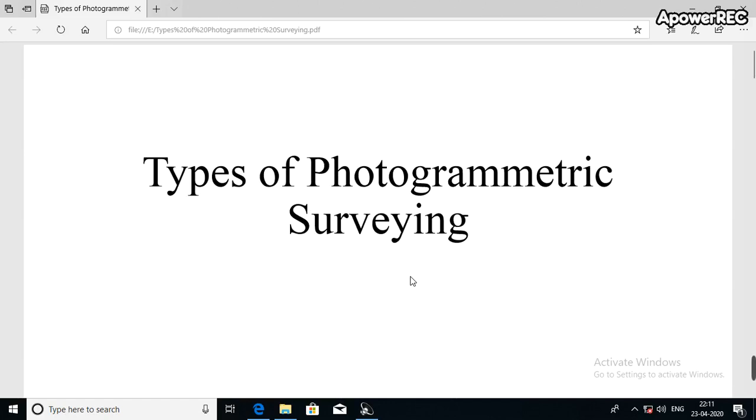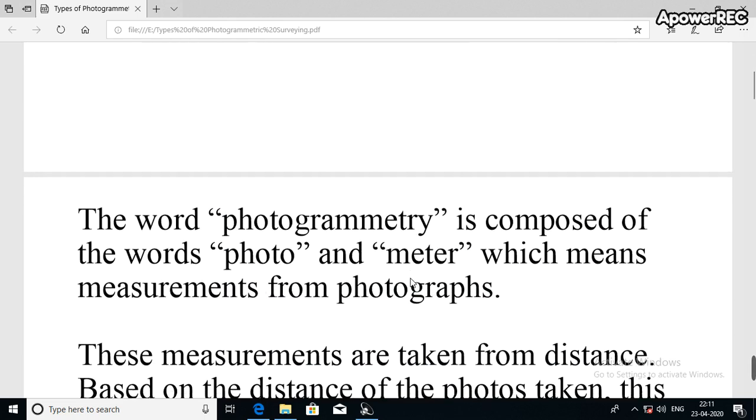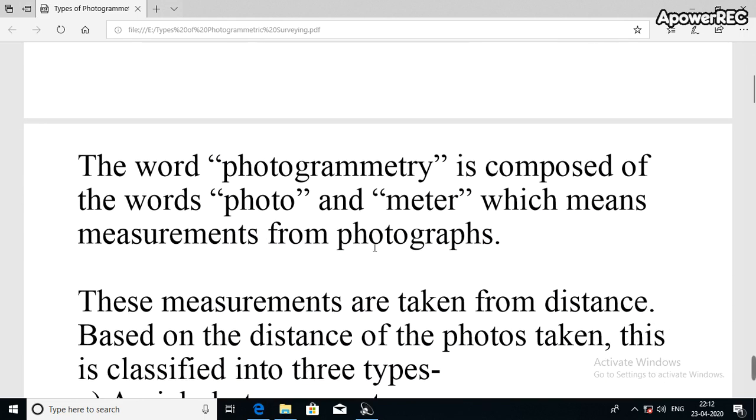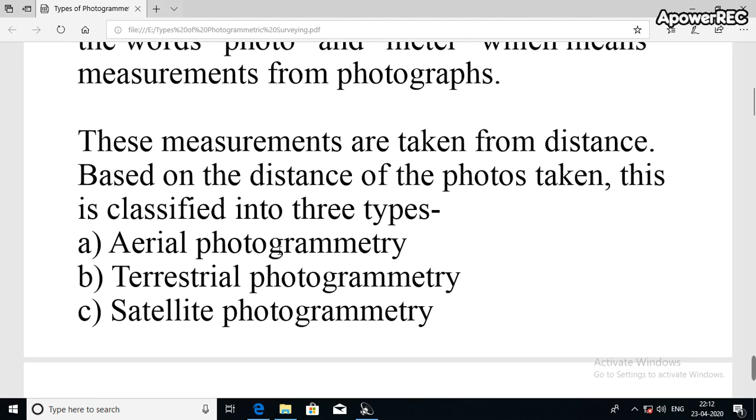Photogrammetric surveying is one of them. We are talking about the steps involved in it, and today we shall be discussing the types of photogrammetric surveying. Now, this word consists of two parts. One is photo, and the second one is meter. Obviously, photo you can understand, and meter is the measurement. So, it is the measurement from the photograph. This is generally classified into three types: